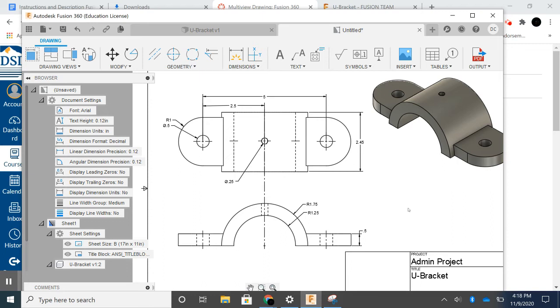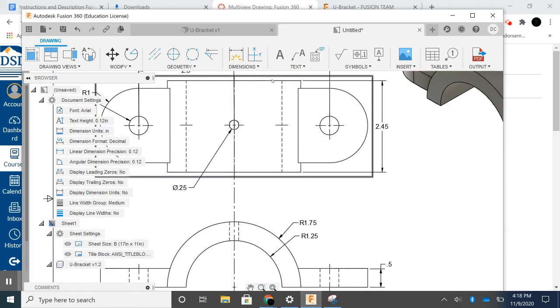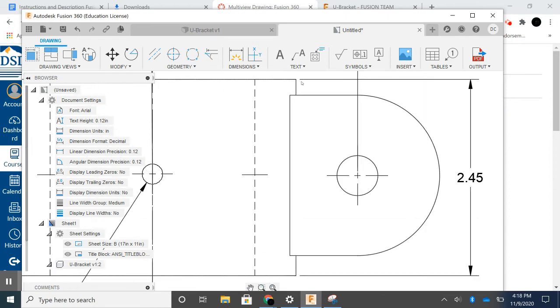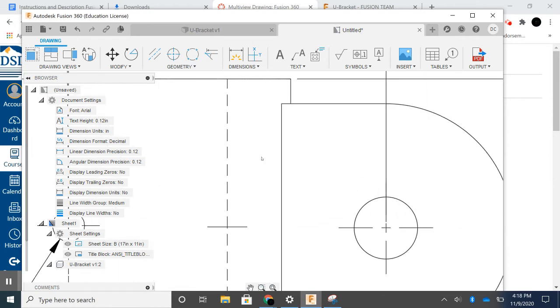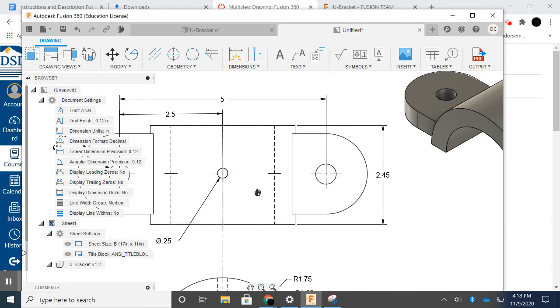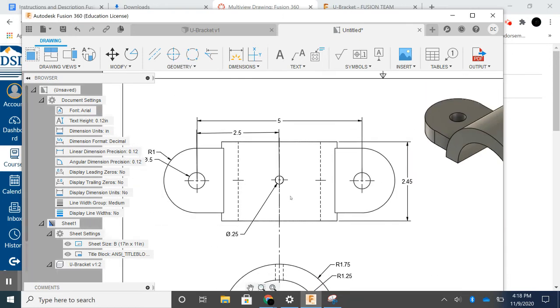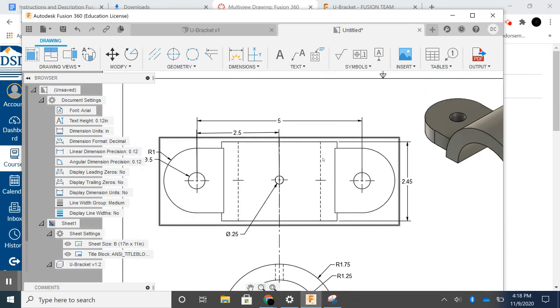And so we need to make sure that it looks good. It can't just be all jumbled up with all the numbers overlapping each other and making it difficult to see. Always make sure that if we select the top and the bottom here, on the dimension line, you'll notice a gap between the two, and that just indicates to the engineer that's reading this information that that's the thickness there